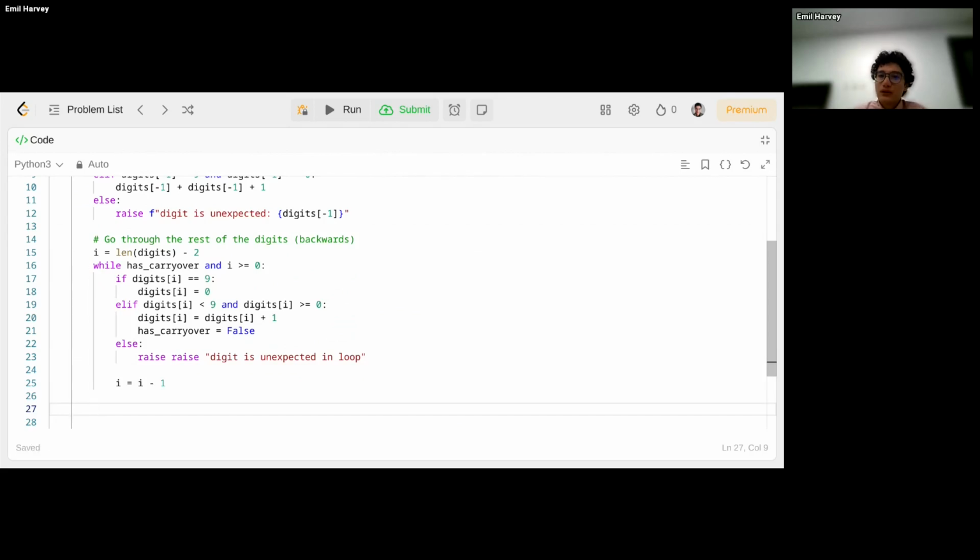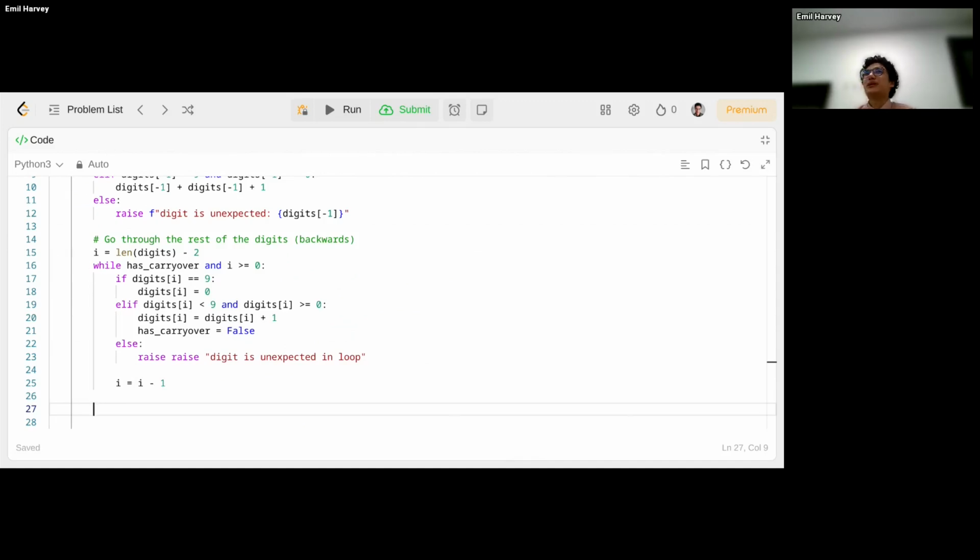So cool. We've incremented our very last digit. We thought about whether it's a 9 or not. We're then moving backwards, and hopefully we're reaching the situation where the carryover is false. Sorry, my mouse is on the wrong spot. And so we set the carryover to false. However, remember in our loop, there's two things. It goes if there is a carryover, and it also goes if i is greater than or equal to 0. So there's a possibility that we get to the very start of our number and we still have this carryover problem, right?